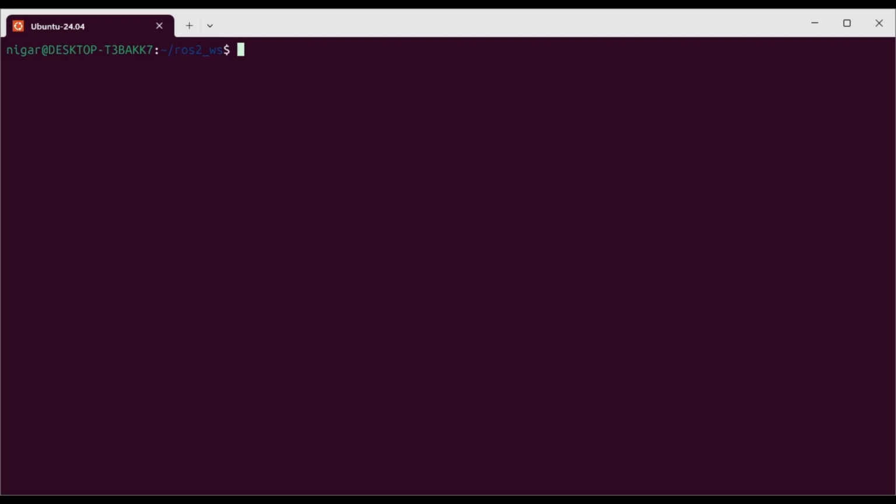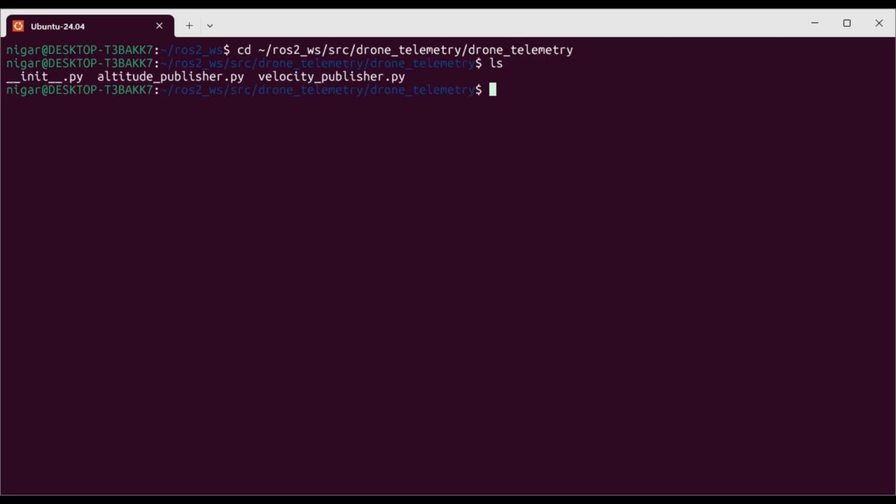First step is, as always, we need to go to that folder, right? And how to do that, we know this already. ROS2 workspace src, drone telemetry, and then Python, this Python module. We can see we have two publishers over here. Now we want to create a subscriber, so let's call it nano drone telemetry,